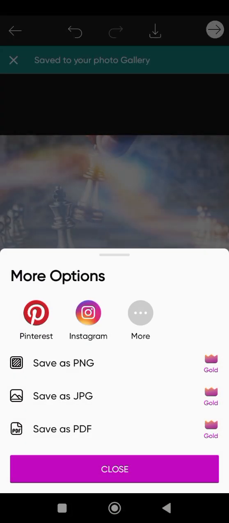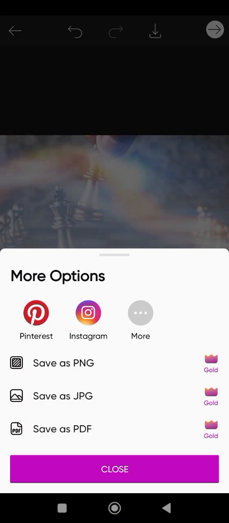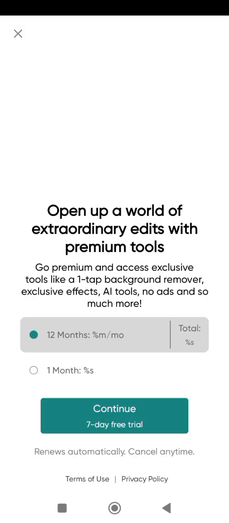the PixArt. All right, so the next thing we want to do is we are going to save this, mark this, and then save, and then we're going to go back to PixelLab to continue the work. So I'm going to mark this. You are done. So once you mark this, the next thing you want to do is to click on this download button at the top. Once you download, it's going to save in your gallery. You see save to phone gallery, so you just click close, and then we are heading back to our PixelLab